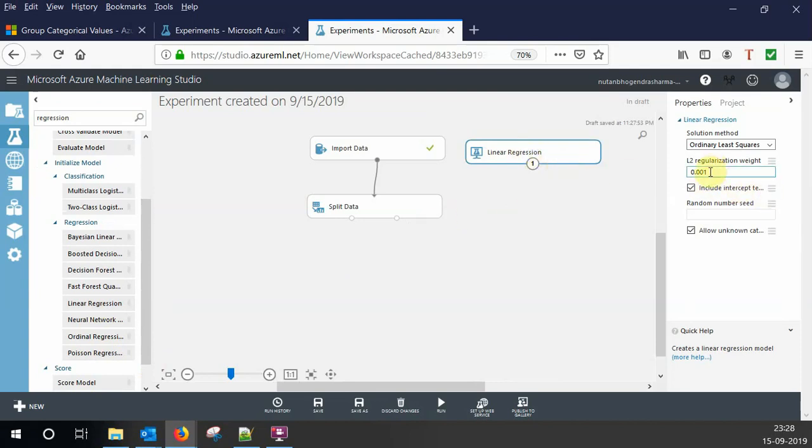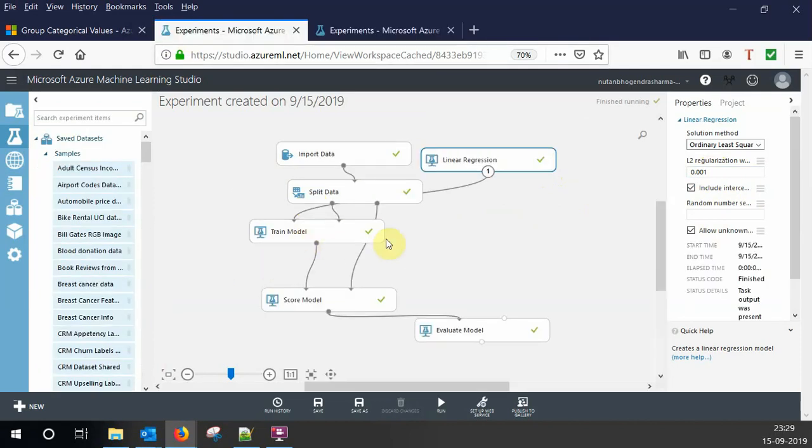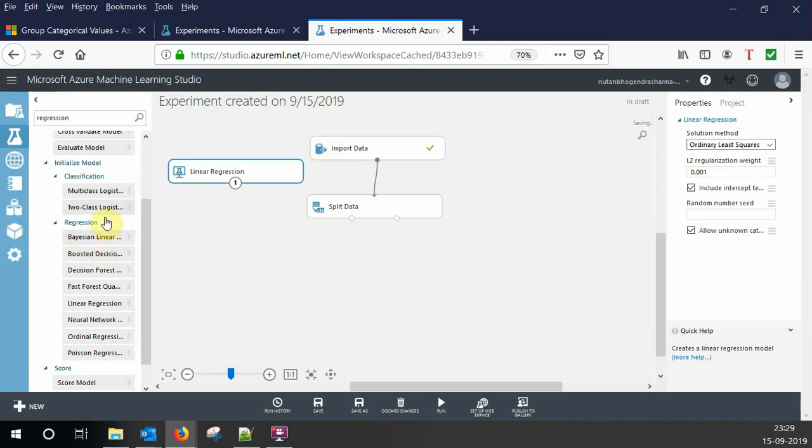There are some parameters I am not going to change. I'm just going to take this linear regression model. I have a split data. Now I'm ready to train my data model. So I'm going to type here "train",